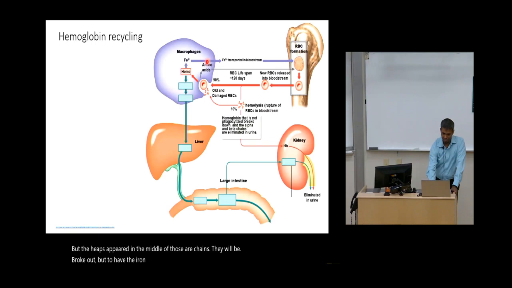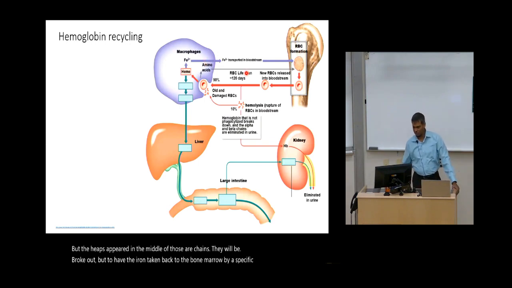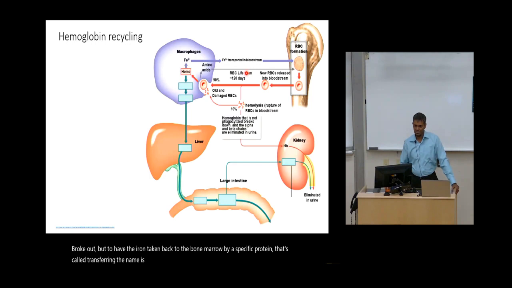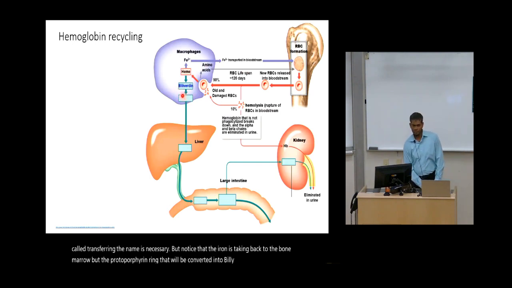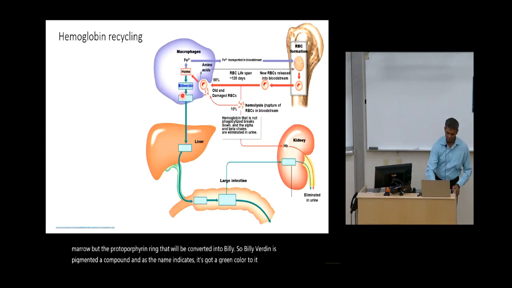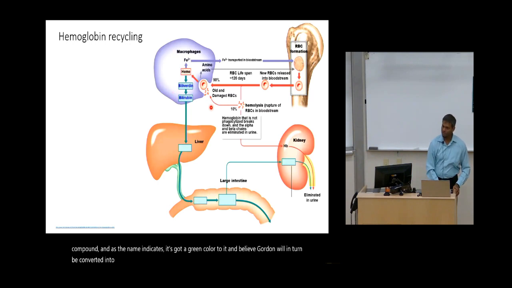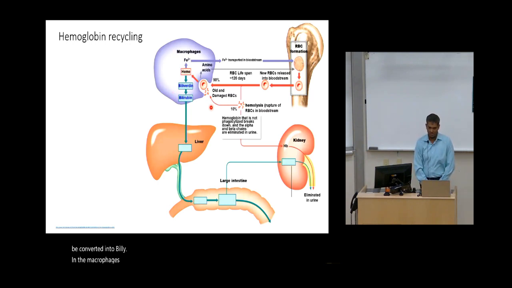taken back to the bone marrow by a specific protein that's called transferrin. The name isn't necessary, but notice that the iron is taken back to the bone marrow. But the protoporphyrin ring will be converted into biliverdin. So biliverdin is this pigmented compound, and as the name indicates, it's got a green color to it, and biliverdin will in turn be converted into bilirubin in the macrophages, and bilirubin has got this orange yellow color, and bilirubin